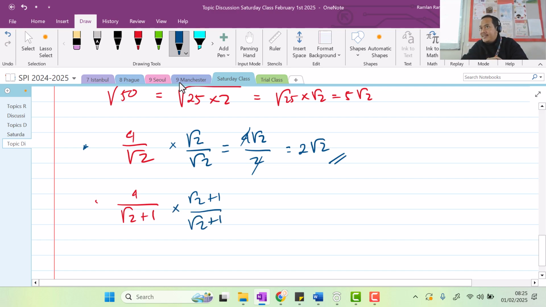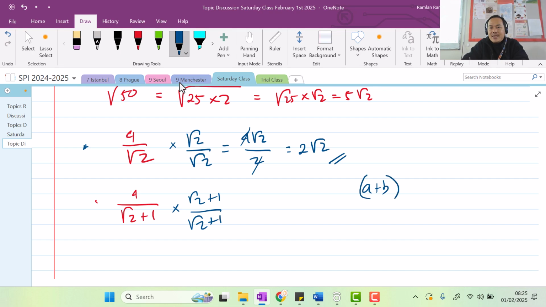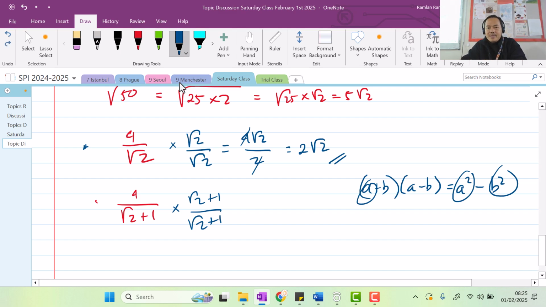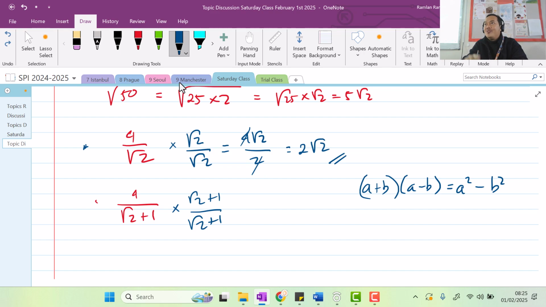Why is it minus? Yes. This property is very, very important. If I multiply a plus b times a minus b, there will be a squared minus b squared. See that I'm just squaring these two numbers and then subtracting those two numbers. Why? Because when I square a square root, the square root is gone, right? Because that's the goal. So in here we change this sign into minus. When you are multiplying this, you need to do it like this.